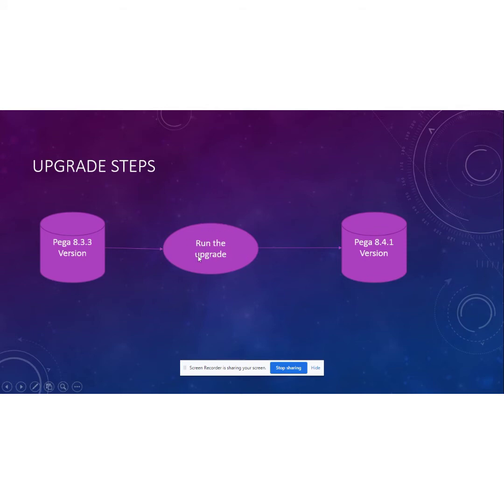We are not jumping into in-place or out-of-place upgrades here. I'm just explaining an in-place upgrade. So in the step, we'll run on that existing schema. Once it is upgraded, we can try to log in with the 8.4 version, and we'll get some kind of issues. We'll definitely get them. We have to fix them, and then you can use the 8.4 version.